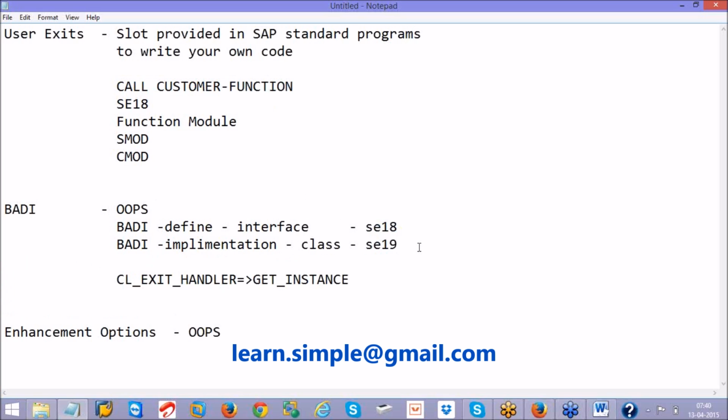If this keyword is found somewhere, that is a slot where SAP is calling the BAdI. So find the BAdI definition. I'll show you how to find the BAdI definition. Once you find the definition and implement the BAdI, the implementation will be called.